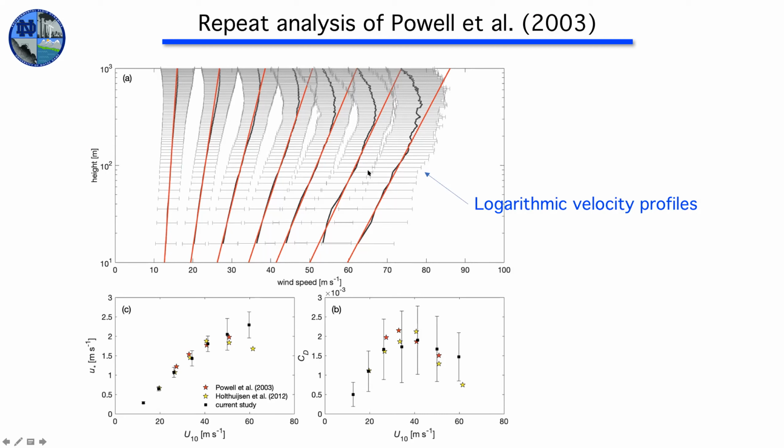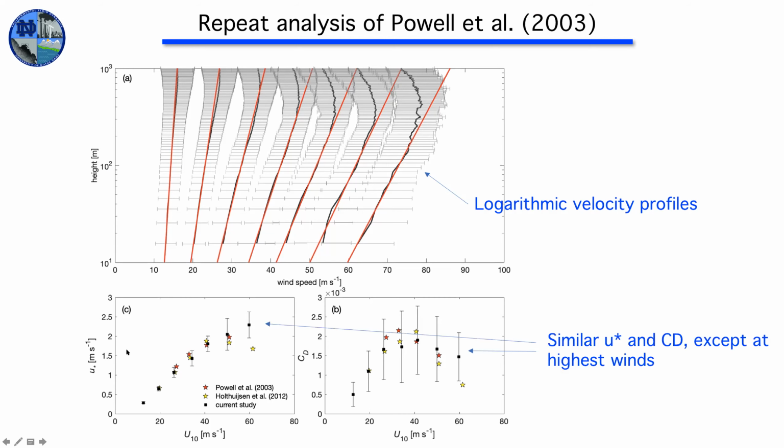Okay, I mean, one argument is that there is no such thing as a logarithmic layer inside hurricanes, but it certainly seems like if you average them together, you get something that looks very logarithmic. If we look at the u star as a function of u10 and the corresponding CD as a function of u10, what we see is, these are the black symbols here, they actually sit almost right on top of the Powell and Holthusen studies, which makes sense because we're using basically the exact same procedure on much the same data